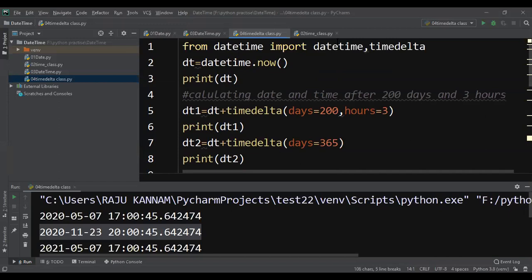Tomorrow I'll show you how to install MySQL in your system, how to start the MySQL server, and how to work with MySQL from MySQL Workbench. These things I will discuss. And the day after tomorrow, we will install the module from Python, which means we are going to work with MySQL from Python.